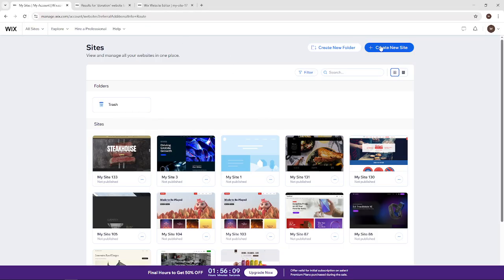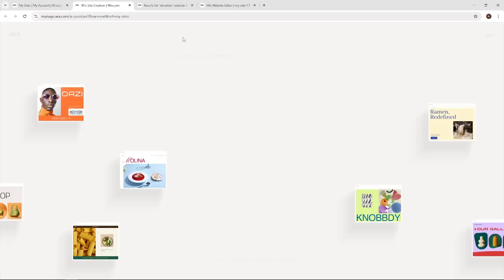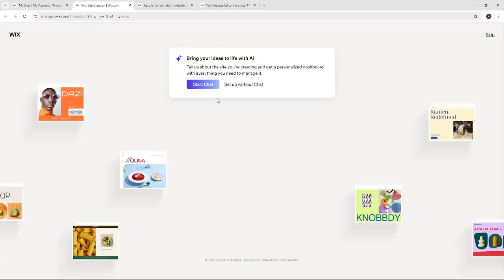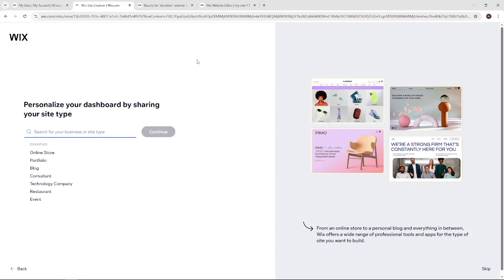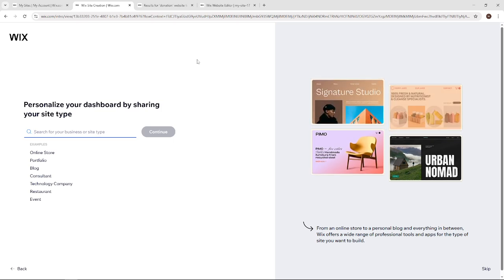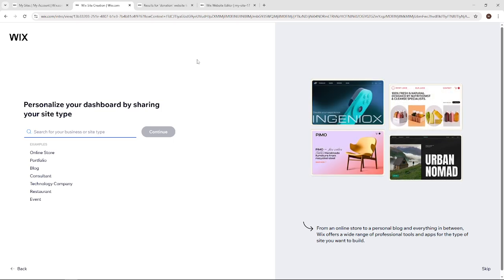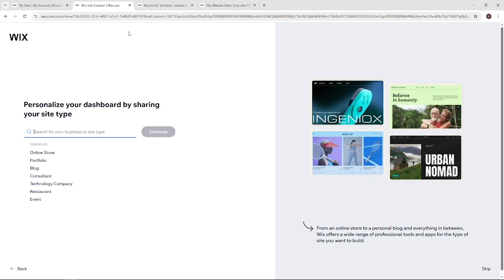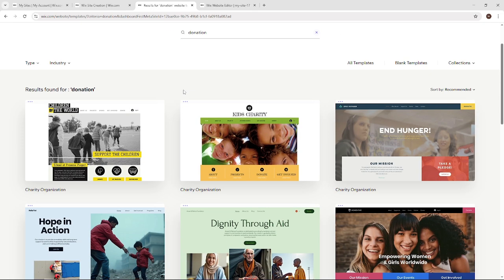Choose Create New Site to start fresh. This sets up the workspace where you'll build everything. If you don't have an account yet, creating one is quick and free, and you can always upgrade later if you need advanced features. Next, select the non-profit and community category to see templates designed specifically for charities, foundations, and